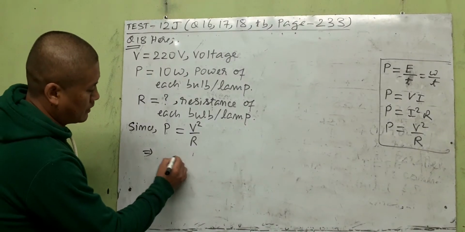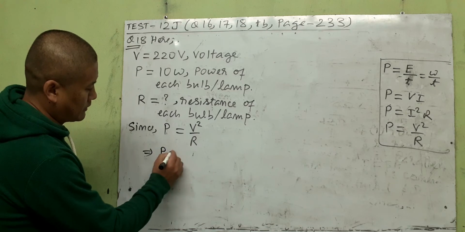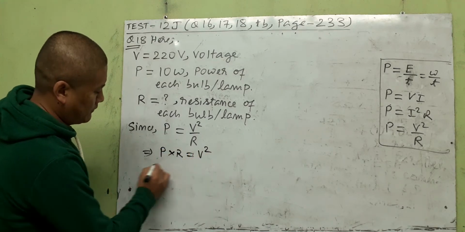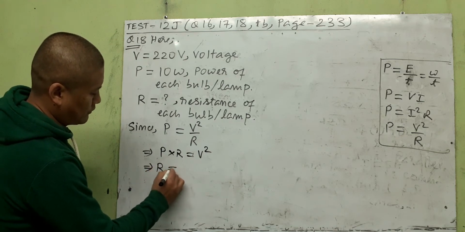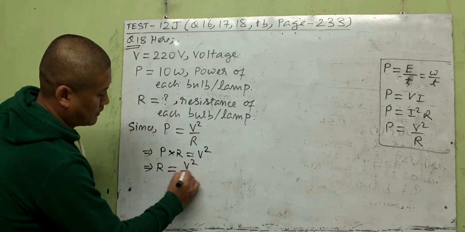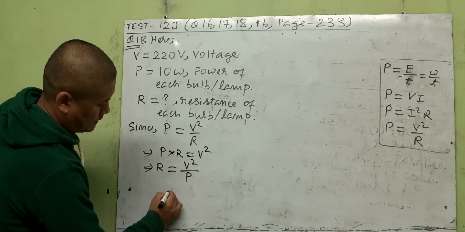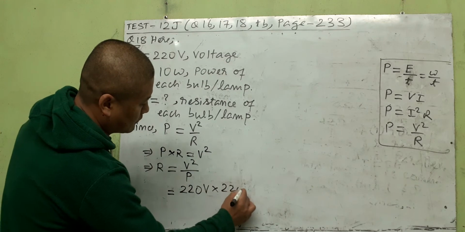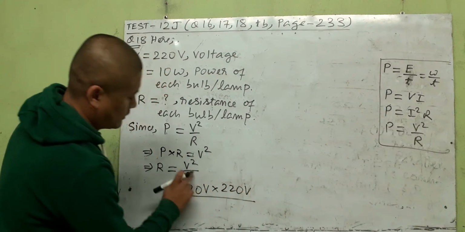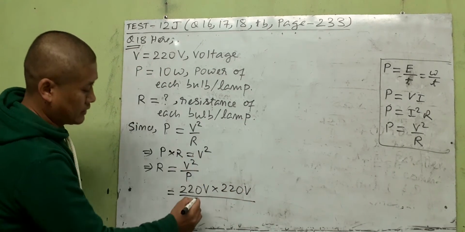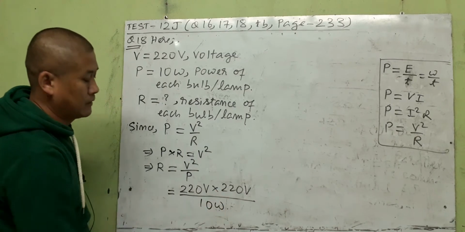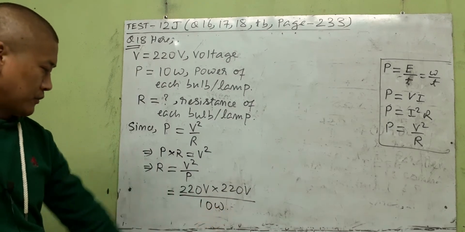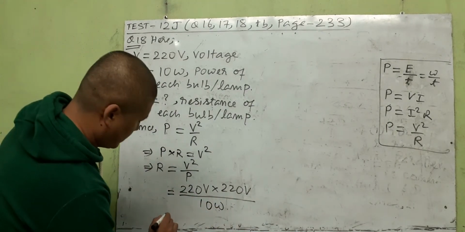So if we shift this R to the left side, it will go to the numerator and multiply with P. So this will be V square. So we are trying to find R, so R is equal to V square by P. So V is 220 volt, so 220 volt whole square, because this is V square by P here, as you can see, 10 watt. See here, 220 V, so V square, 2 times we've written. So that will give you equal to,